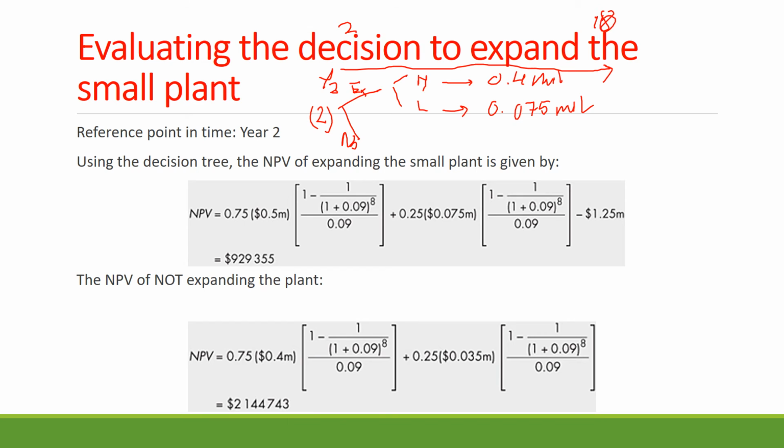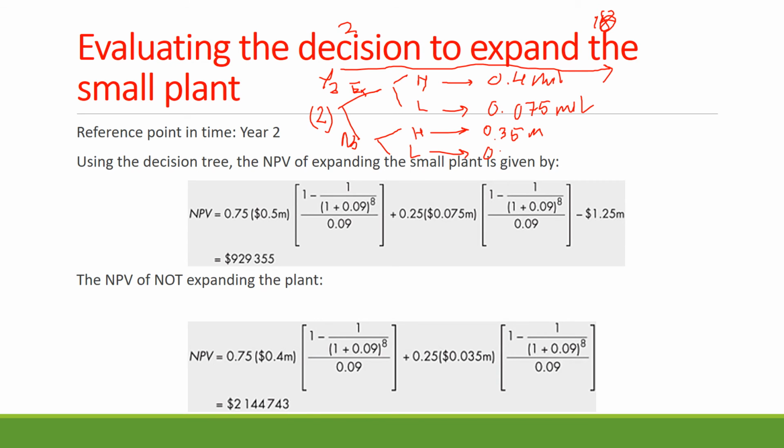So 8 cash flows, and the cash flows differ depending on the demand of the product. Similarly, for the non-expansion decision, we have a high demand situation and a low demand situation. For the high demand, we would get 0.35 million. For low demand, we get